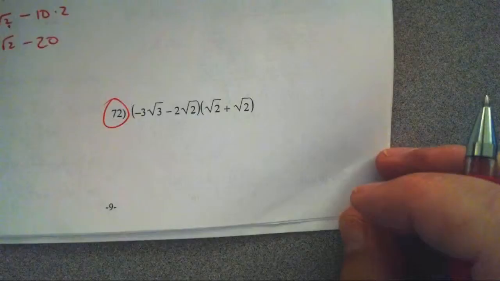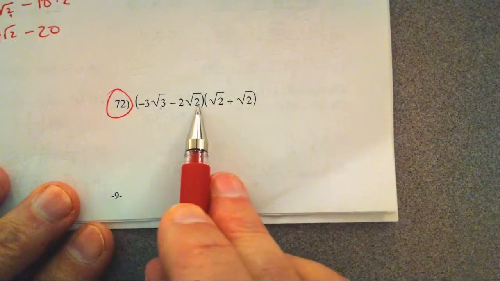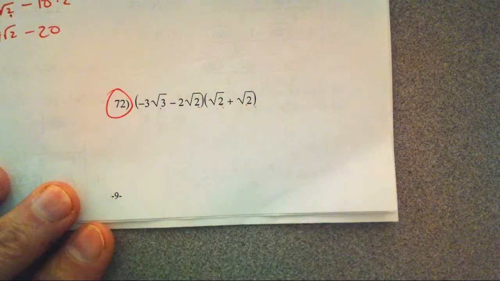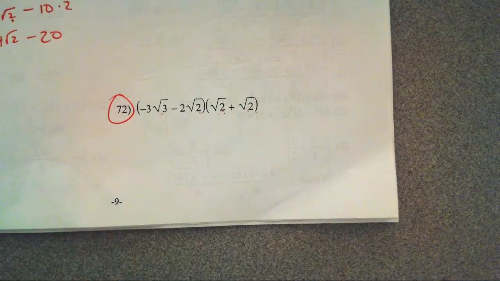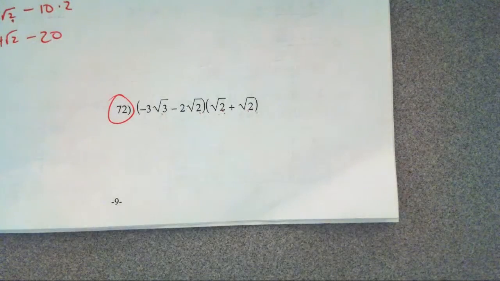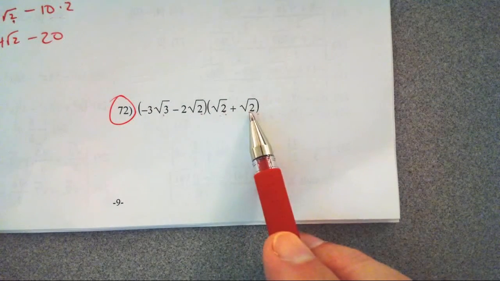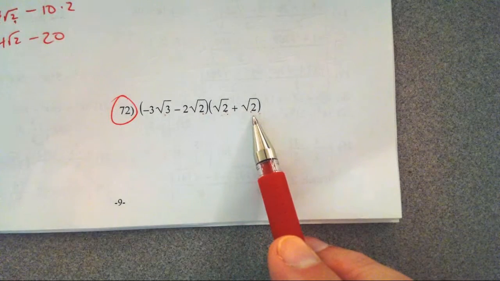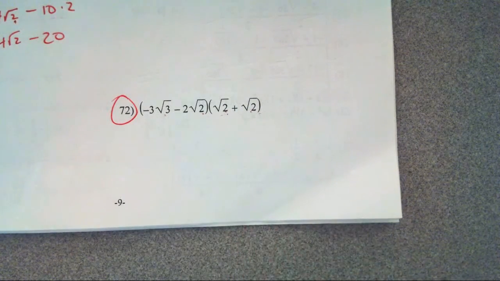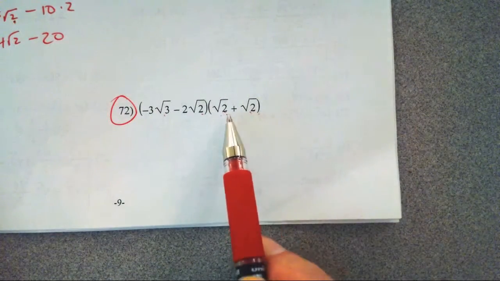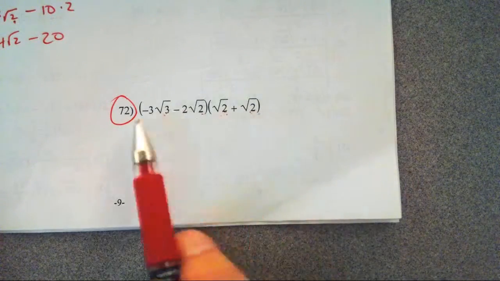All right, one more like that. 72. No jailbreaking here, right? There is something I could do if I was really clever, but let's say I wasn't clever here. And I just said, I'm going to FOIL this. I'm going to go through the foiling process. But what could I do if I was really clever? Yeah. Combine these and call it what? Yeah, call these 2 square root of 2's and just distribute that, right? But I'm going to go through the foiling process because sometimes we're going to have to FOIL it. If I call this 2 root 2, it's an apple plus an apple, 2 root 2's, and distribute that,